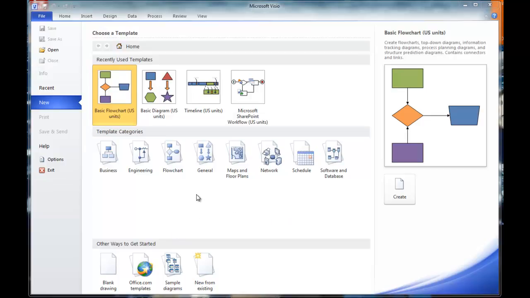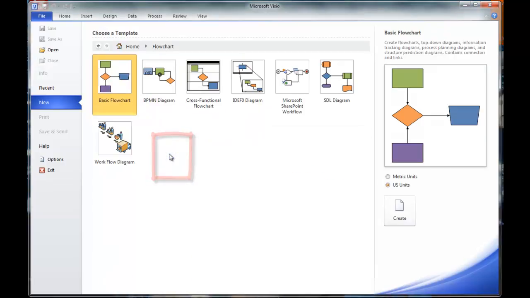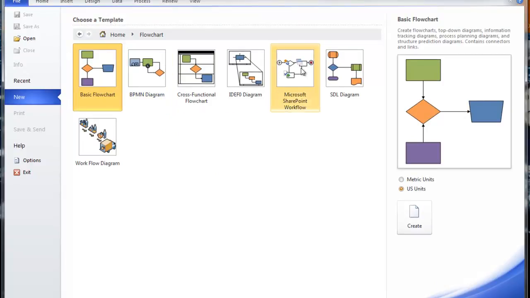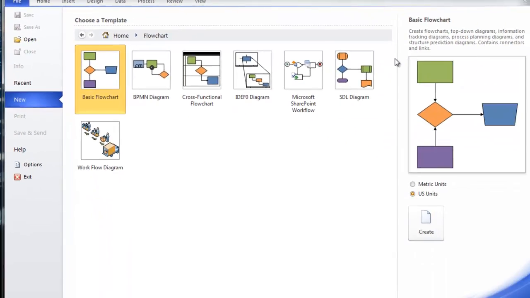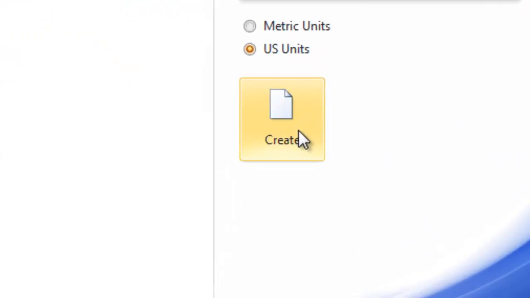Since what we're doing with Visio primarily in CMAR is flowcharts and process mapping, we're going to go ahead down here and pick the flowchart template. And it gives you a number of choices here. So in our case, we're just going to go with the basic flowchart, which is already selected because it's the first one in the row. Down at the bottom right, you'll see there's a button called Create,